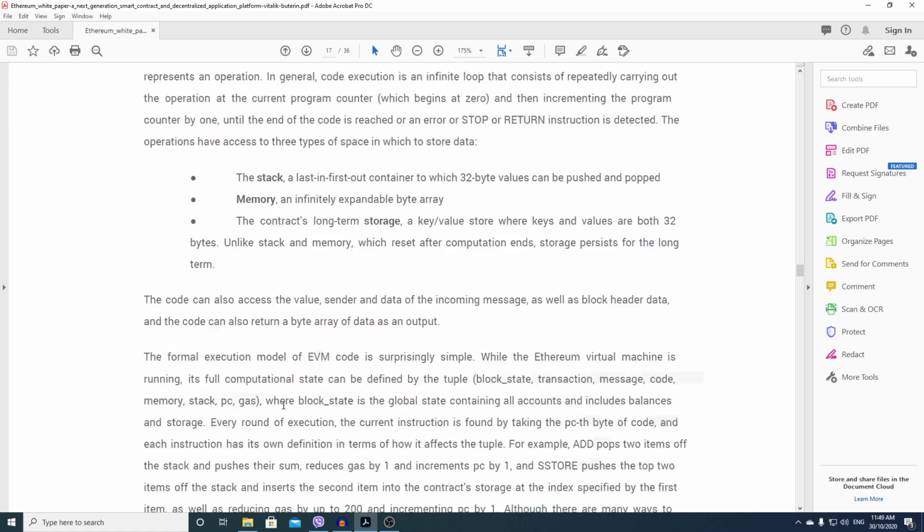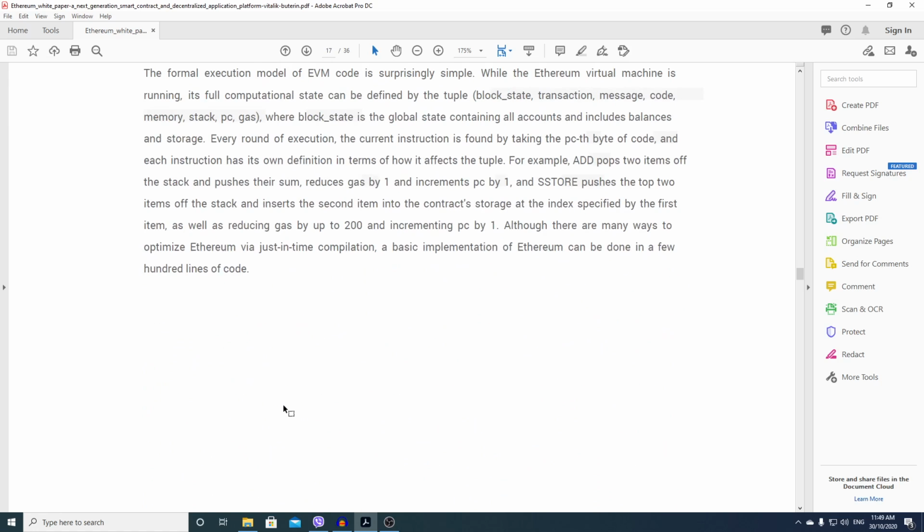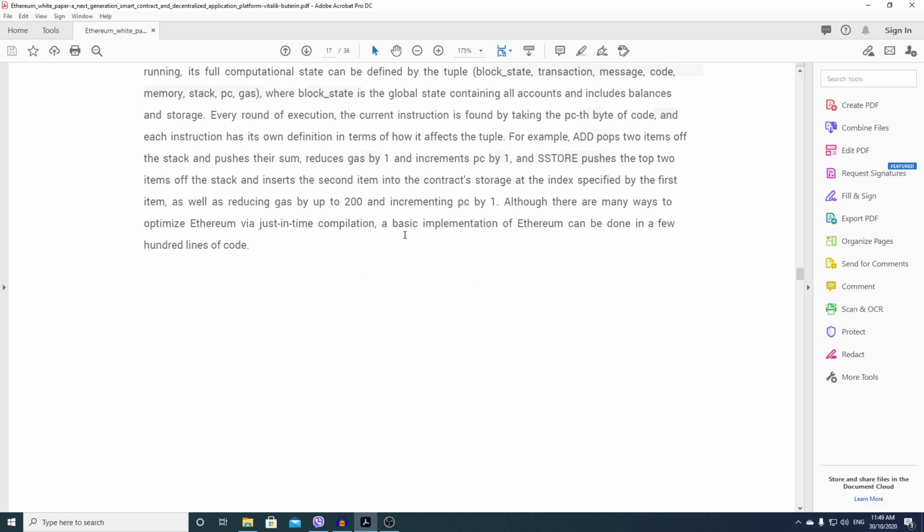Not sure why it's up to 200, but I don't think it's very important. I would have guessed that it would be a fixed price, but maybe it depends on something. Maybe it depends on the length of what you store. Probably not, because I think there must be a limit on the length of what you store as well. Anyways,